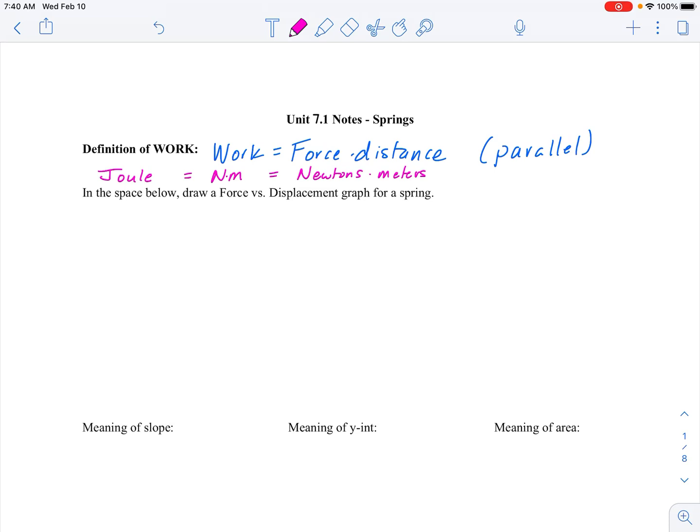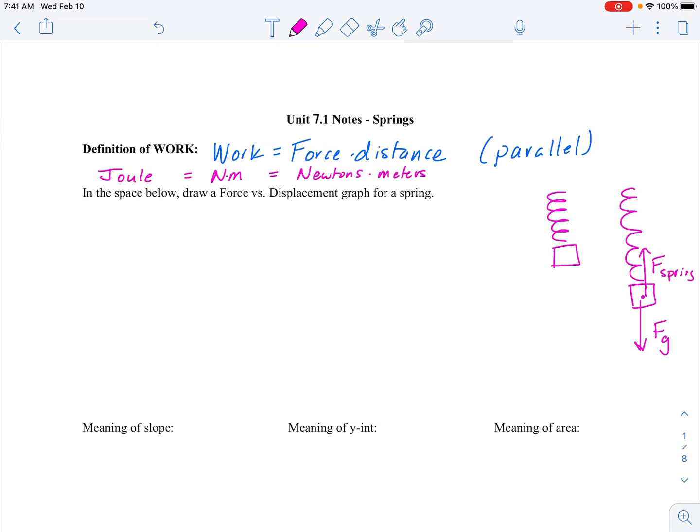So what we were looking at in our opening lab was what happens when we take a spring and we put a force on that spring. One way to do that would be to hang a mass from the spring and let it go, and the spring would extend. And the force, the hanging force, would be Fg. And then the spring would exert an upward force, a tension force,